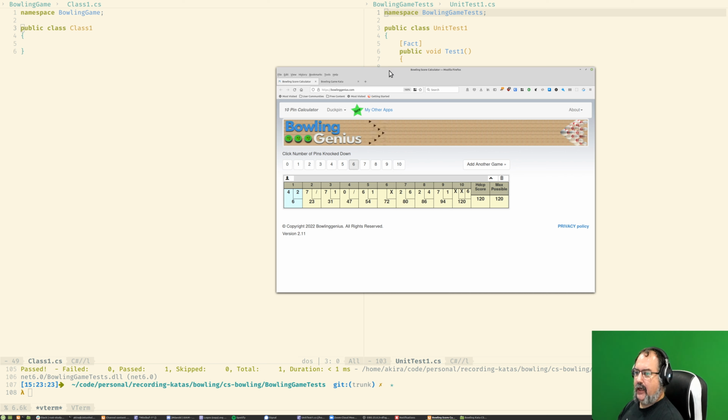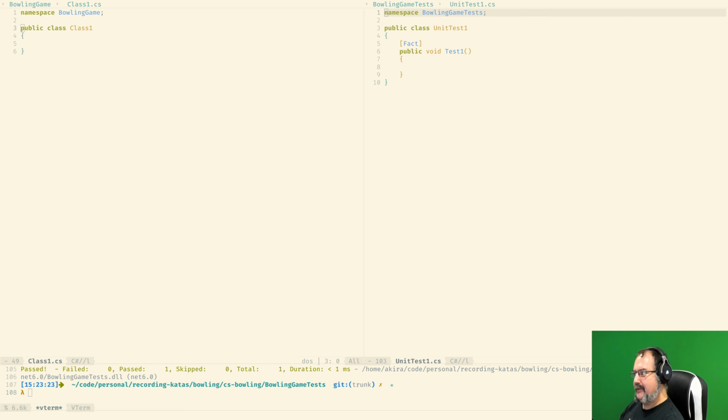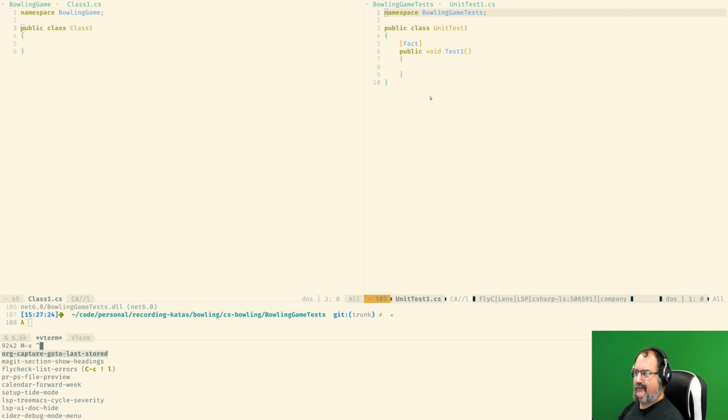So I'm gonna put it onto one side, just because I always have my Emacs full size. Let's start. Okay, the first thing I'm gonna do is rename this unit test 1. Awful name. I don't always rename things from the beginning. Sometimes you just wait. I'm trying to do some work. Let's finish the work and then refactor things that don't look nice.